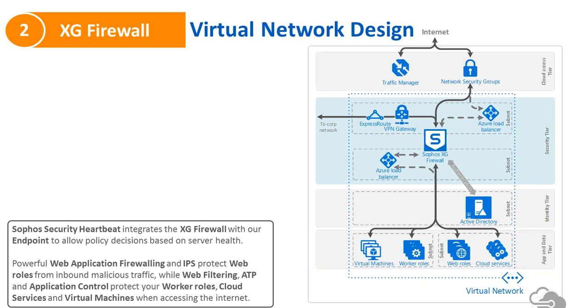And this is also where we get to really crank the dial on the IaaS security, with not just server protection running on our virtual machines and an XG firewall as, I would say, the front door to this environment, but because we have the security heartbeat, we can do something that's really neat. Let's say that someone does indeed manage to compromise one of your virtual machines. With this particular setup, the XG firewall can eliminate the connection from that virtual machine to any other role in that app and data tier by setting up your VNet in such a way that it will route the traffic